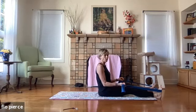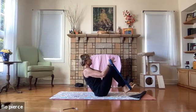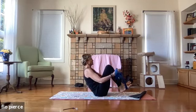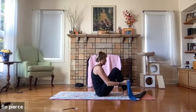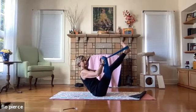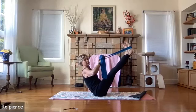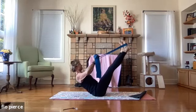All right, keep hold of those feet, bend the knees, and you're going to walk your hands closer to your feet. So you're going to have a really short little grab here, but long tails. And then you're going to lift your legs up. And then you're going to see if you can extend them up and maybe open them up into open leg rocker. Okay. So now we're going to try